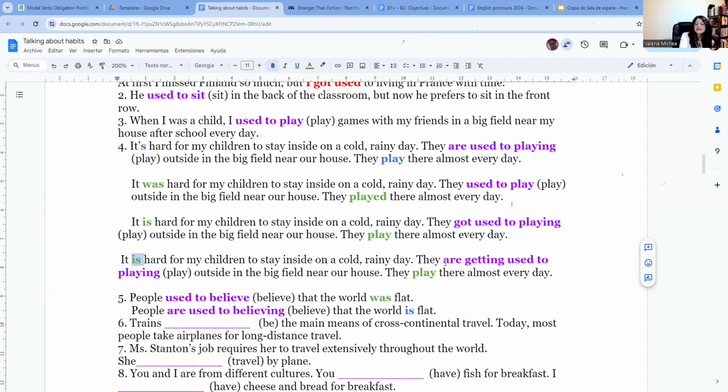I like it, and it's perfectly possible to use this in the present continuous. I think that get used to plus ing is the most versatile of all of them because you can definitely use it in all of the tenses. So they are getting used to playing. They are acquiring the